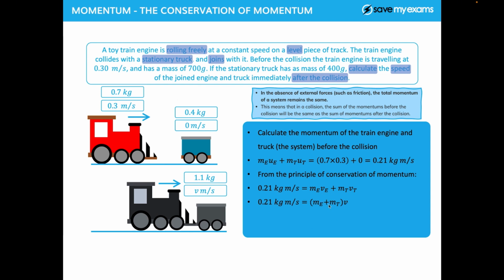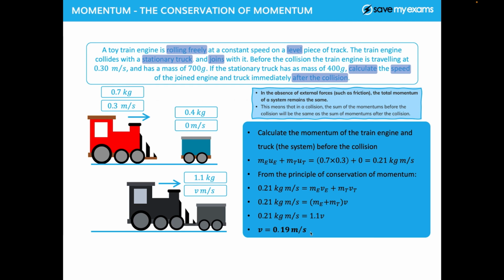What's important to point out, and I did mention at the beginning of this question, is that the engine and the truck are actually joined together. So they have one velocity. They don't each have individual velocities. So I've simplified this expression to say, well, it's just the mass of the two parts of the system, the engine and the truck, times their joint velocity, because at the end of the day, they're joined together. We can then simplify it even further. The 1.1 kilograms, that's the joint mass of the two parts of the system, times V. Some very simple mathematical manipulation will get you a velocity of